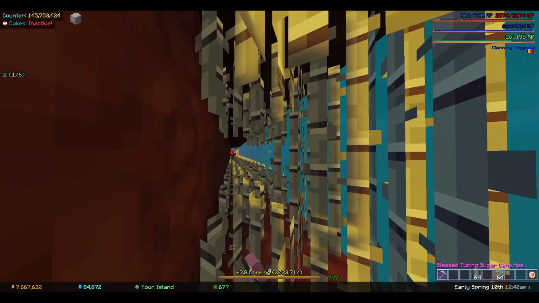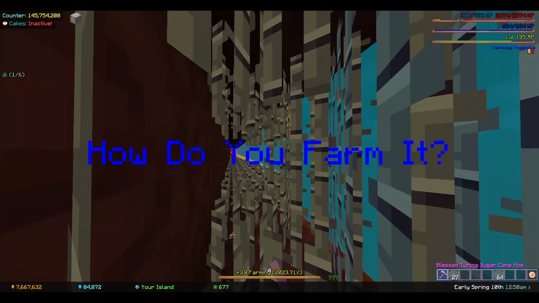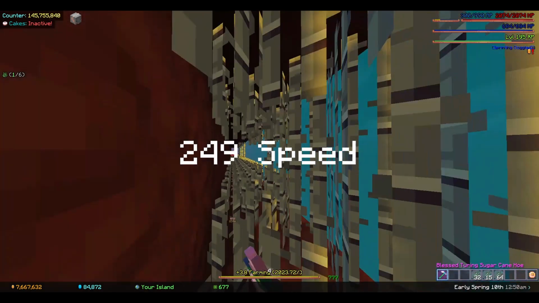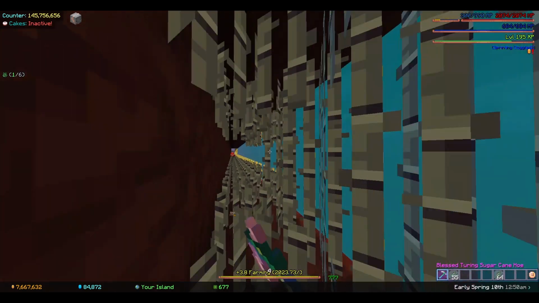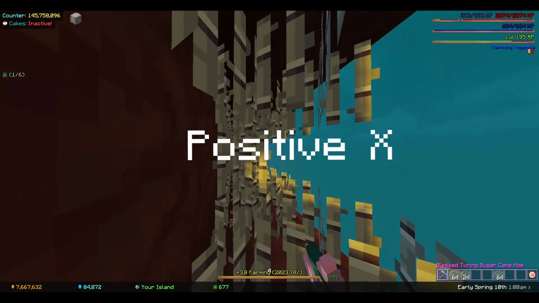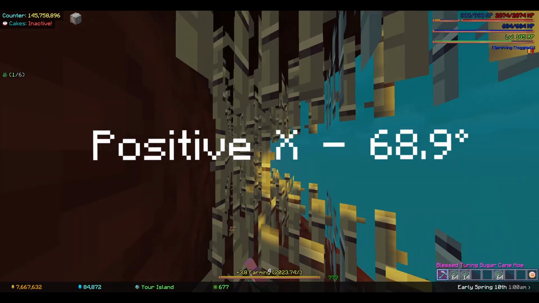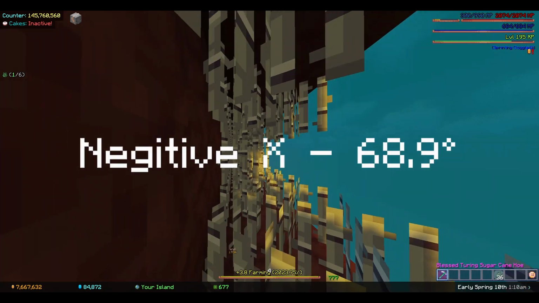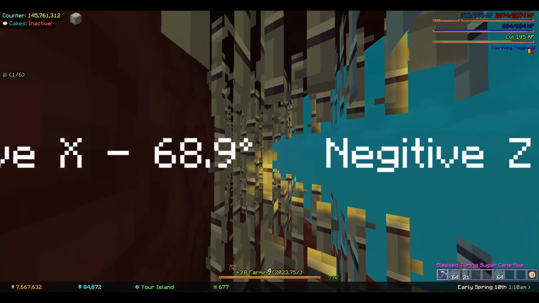Now for the part of the video where I give an explanation on how to farm this. Grab your rancher's boots and set them to 249 speed. This part will depend on the direction that you face. If you're facing positive X, use negative 68.9 degrees, positive Z 34.4 degrees, negative X 68.9 degrees, and negative Z